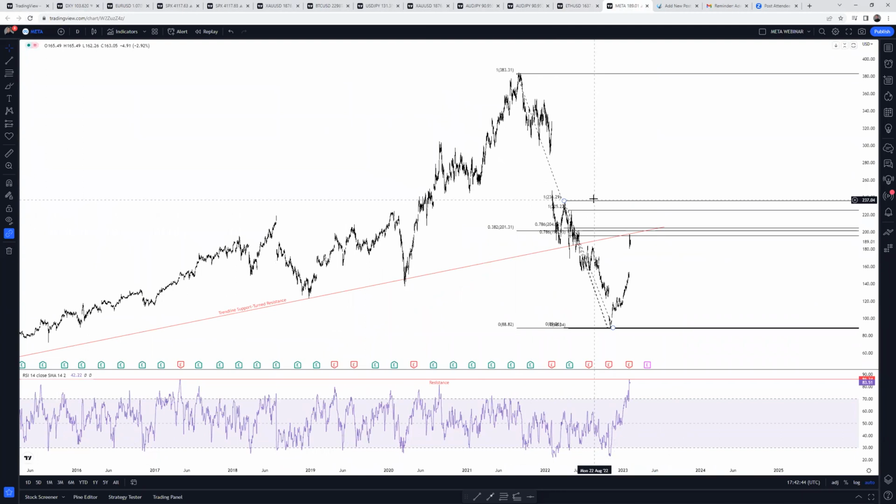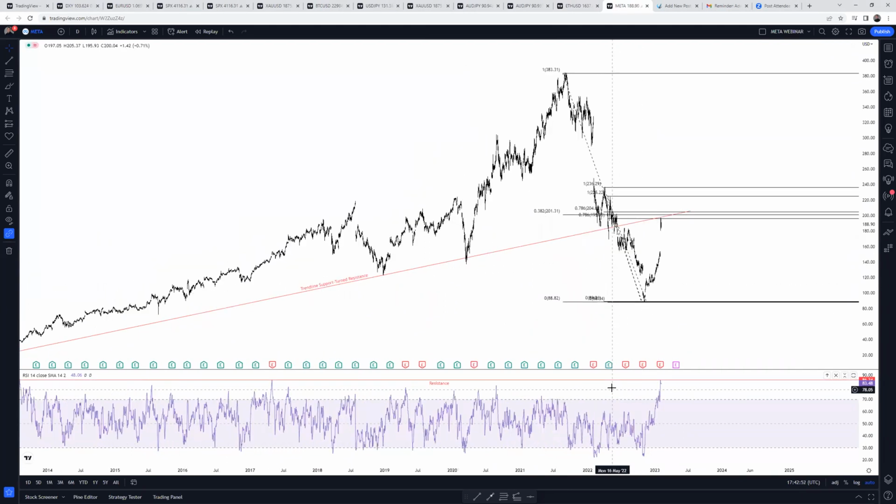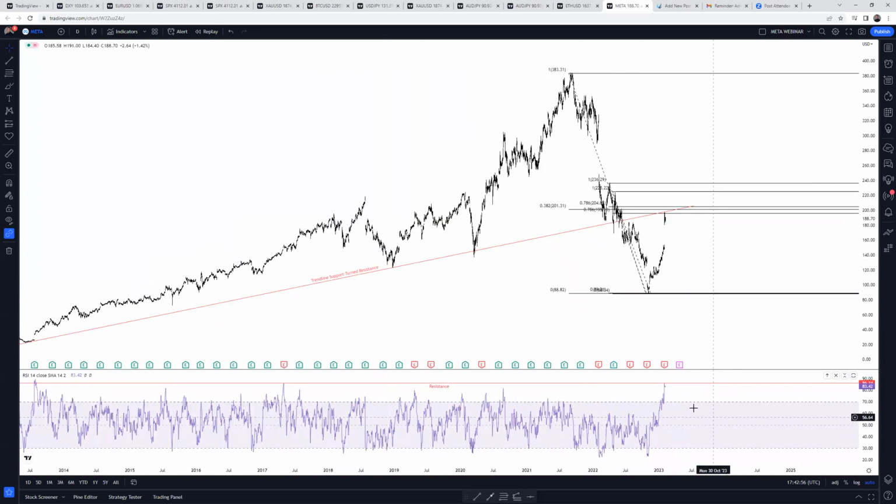Meta. Whoopsie, I'm not sure. Oh, there we go. All right, so Meta gapped strongly in recent trading. Now, just to begin with, on Meta, we are now at strong resistance on the RSI, and that resistance comes in at, bear with me,